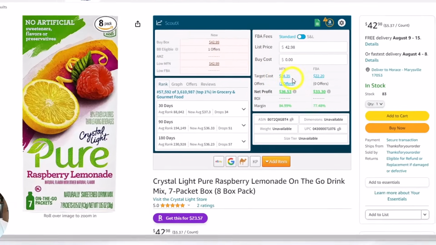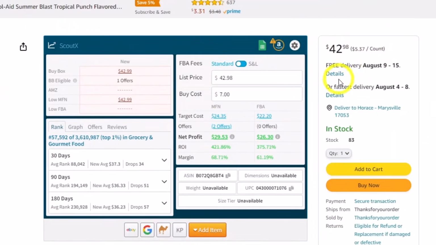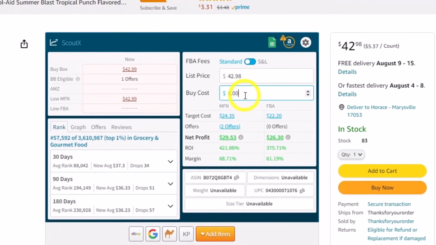You can see where the buy box is at $42.98. So automatically it puts the list price at $42.98. We got an 8-pack, so it's going to cost us $8.